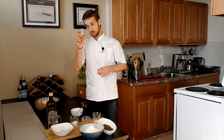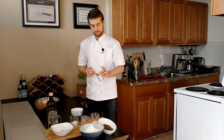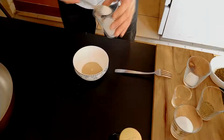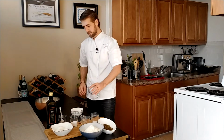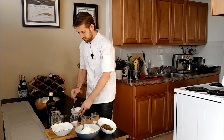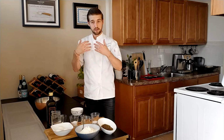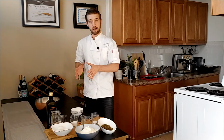So we're going to take our yeast. To the yeast, we're going to add a little bit of white sugar, a little bit of water, and a small teaspoon of flour. Now we're going to mix it. This is for actually checking that the yeast is alive. We're going to feed the yeast with the food, the sugar and the flour. It's going to puff, and after that we know that the yeast is alive